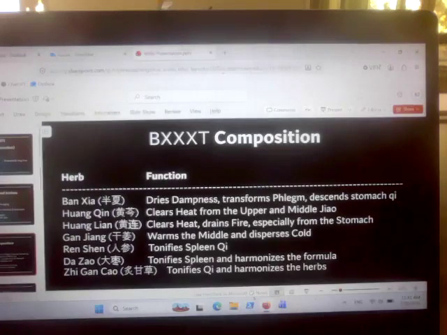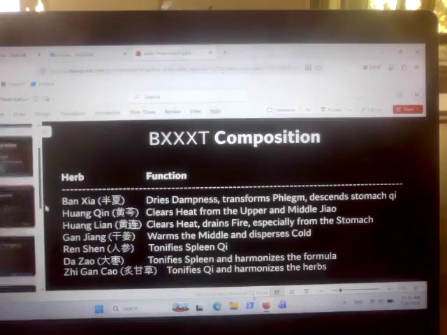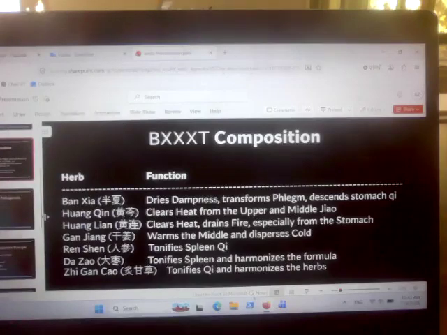Now, in this slide, we can see the composition of Xia Xie Xin Tang. That is to say, what this formula is made up of. In this picture, you could see Xia Xie Xin Tang is made up of 8 classical herbs. The first herb is Banxia, which could dry the dampness, transform the phlegm, and